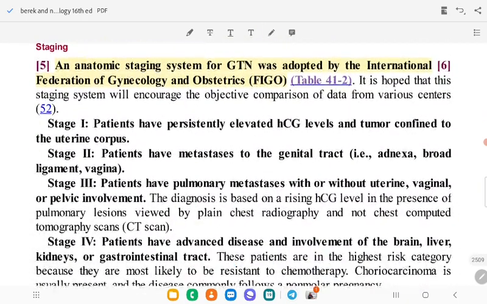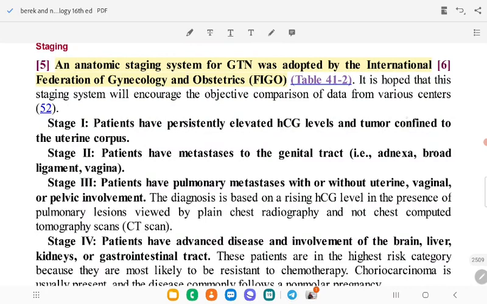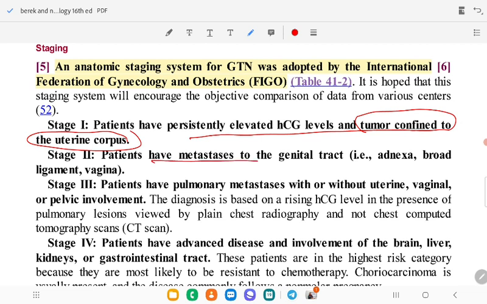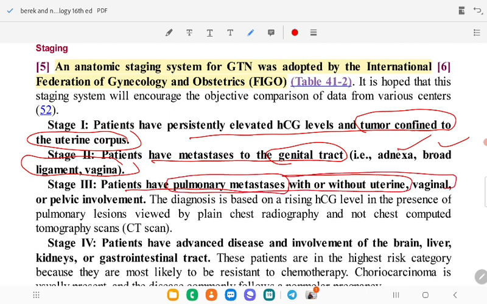Staging and prognostic score. Anatomic staging for GTN is adapted by the FIGO international guideline. Stage 1 is patients who have persistently elevated HCG, with tumor confined to the uterus, the corpus. Stage 2, patients have metastasis to the genital tract: adnexa, broad ligament, ovary, vagina. Stage 3, patients have pulmonary metastasis with or without uterine, vaginal, adnexal, or pelvic involvement. Diagnosis is based on a rising trend of HCG level in the presence of pulmonary lesion, viewed by plain chest radiography, not